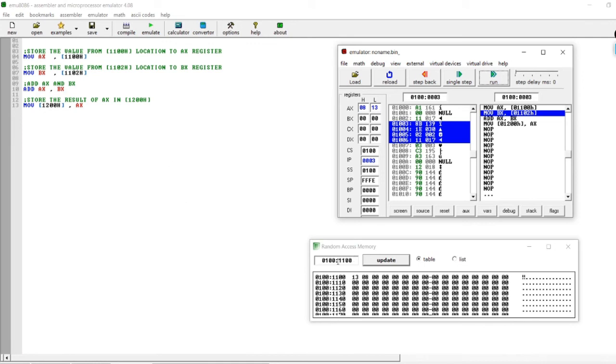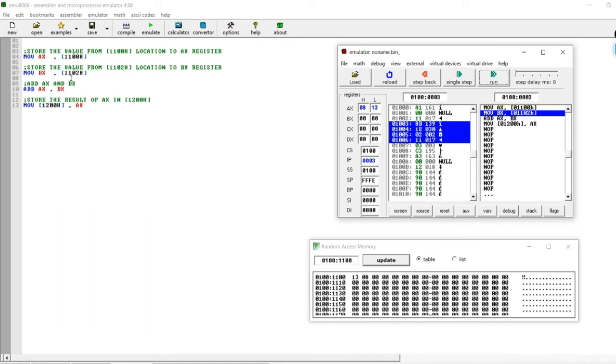I gave this location a number and updated it in the memory. Inside our memory, this number is stored in this location, where 1100 is our offset address and 100 is our segment address. So in this physical address, this number is stored, and I access this number using our first instruction, move AX, 1100H in brackets.